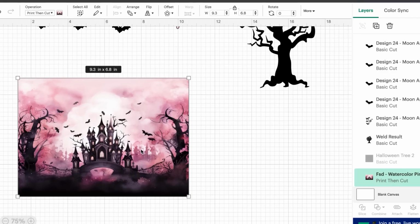So this template right here was actually meant for sublimating tumblers, but I'm going to use it to apply my clear water slide paper. If you're brand new and you've never worked with clear water slide paper, I'm going to attach a video for you so that way you know how to properly seal up your stuff. But for my friends out there that know how to do the clear water slide paper,